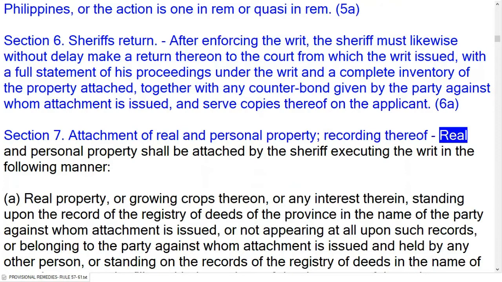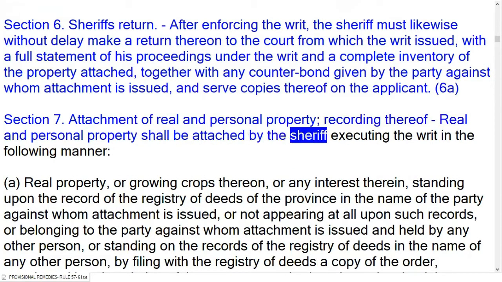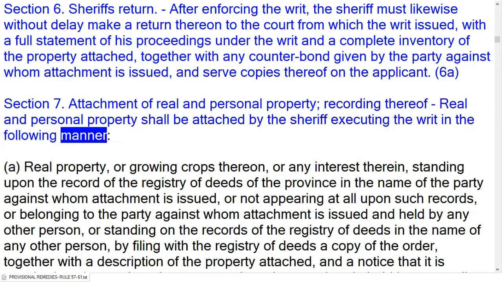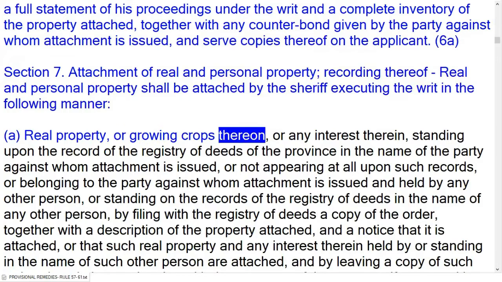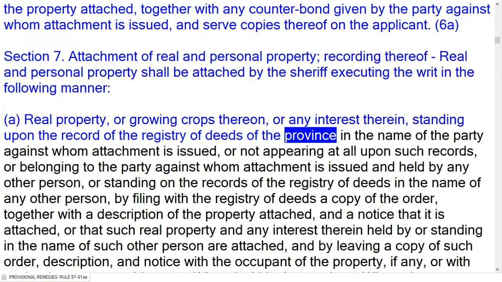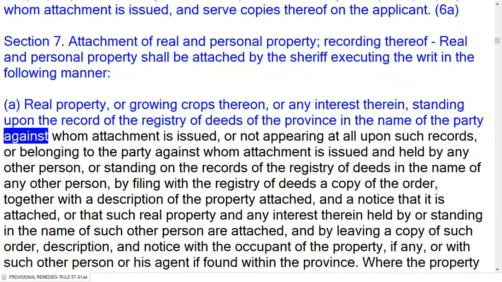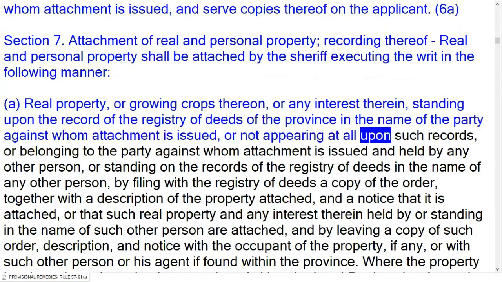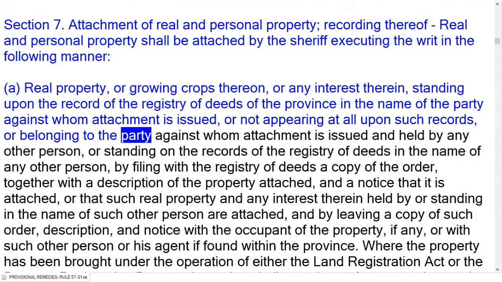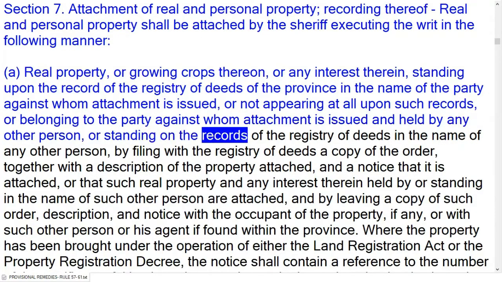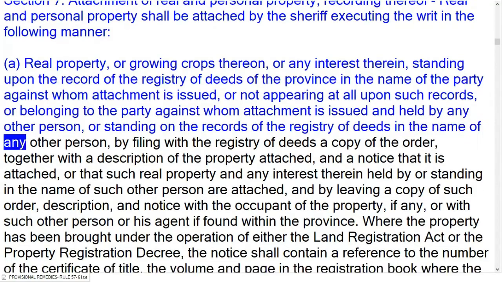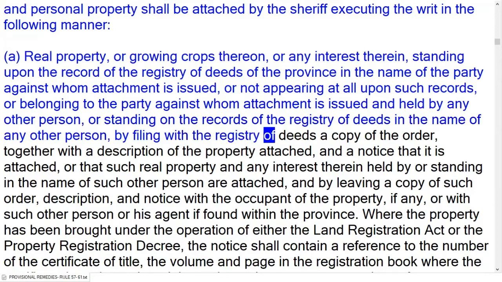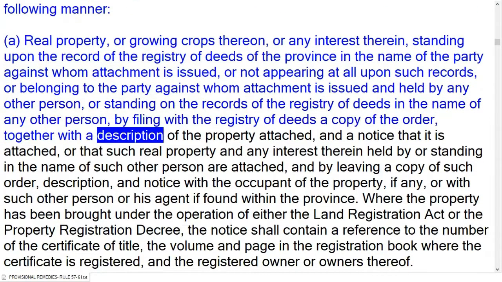Recording thereof. Real and personal property shall be attached by the sheriff executing the writ in the following manner. A. Real property, or growing crops thereon, or any interest therein, standing upon the record of the registry of deeds of the province in the name of the party against whom attachment is issued, or not appearing at all upon such records, or belonging to the party against whom attachment is issued and held by any other person, or standing on the records of the registry of deeds in the name of any other person, by filing with the registry of deeds a copy of the order, together with the description of the property attached, and a notice that it